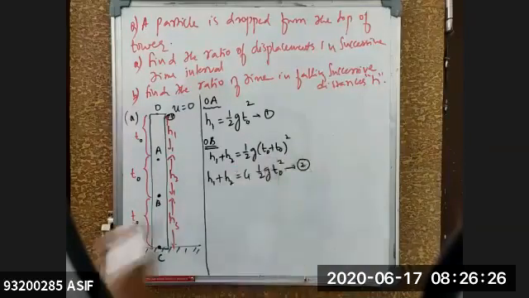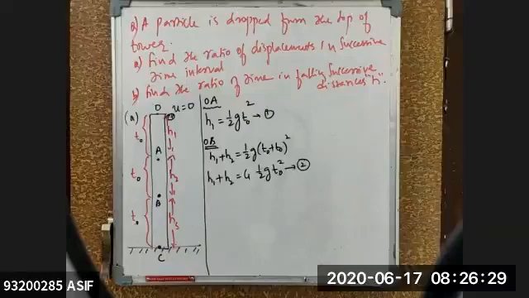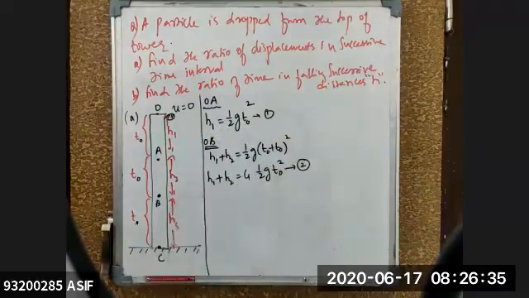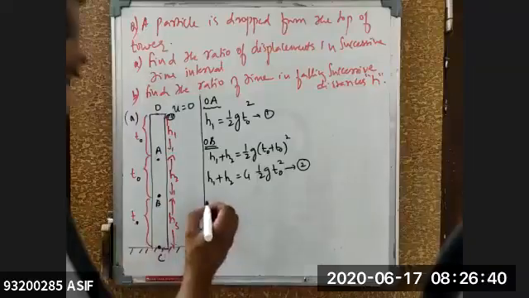This is my equation number 2. H1 plus H2 is equal to 4 times a half. I'm keeping it in terms of H1 only, beta. So I can get the value of H2 from this given condition. What will the H2 value become? Can anyone tell me right now, beta?